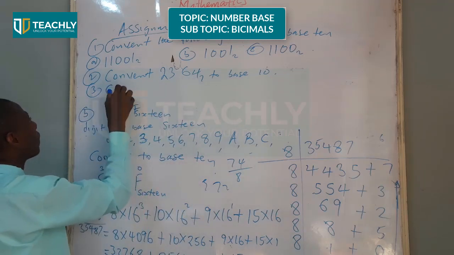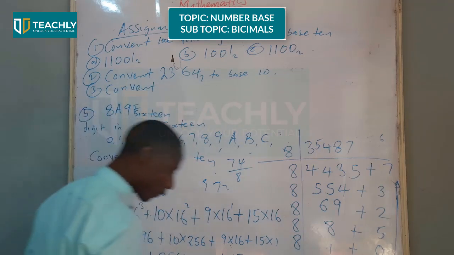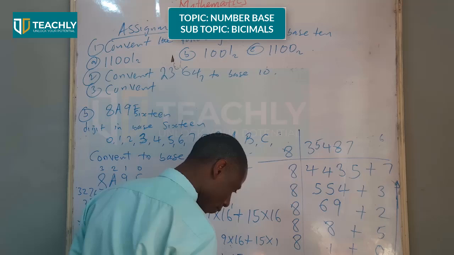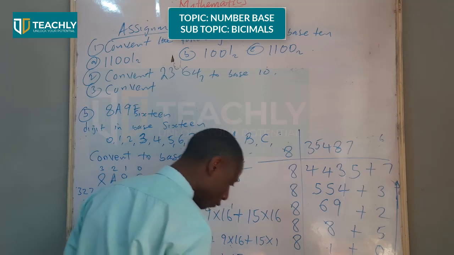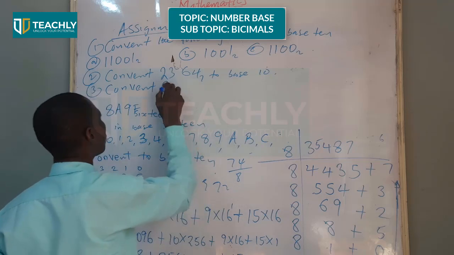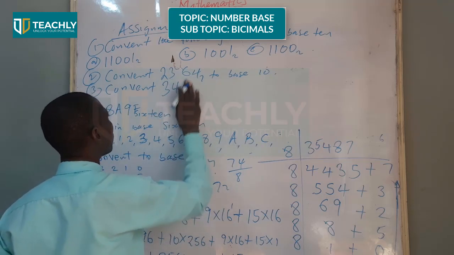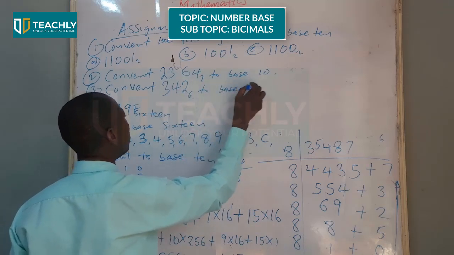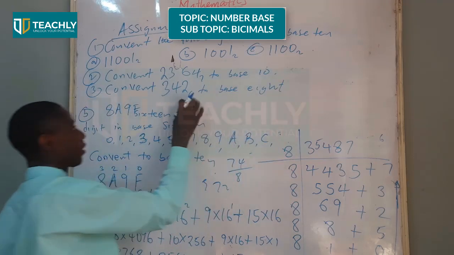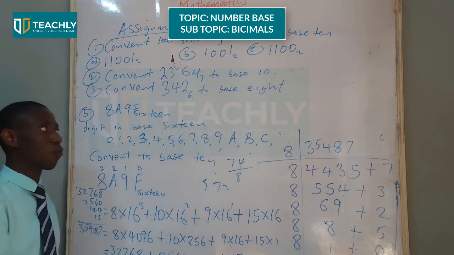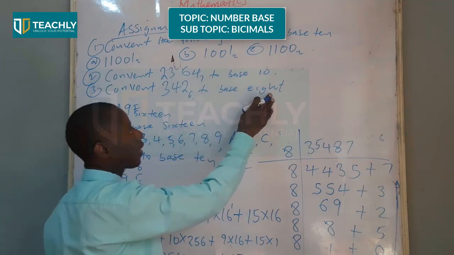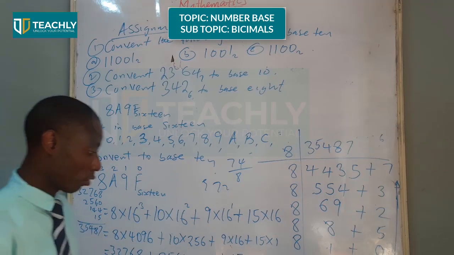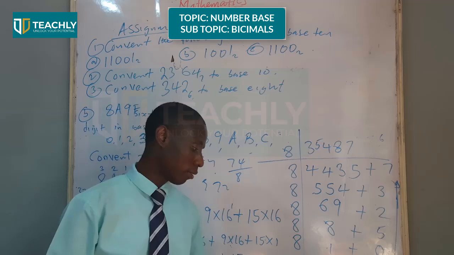Convert 342 base 6 to base 8. So this one, particularly, has to do with our last example, how to convert from one base to another. So we are expected to first convert to base 10 and from there. And this is where we are going to end our lesson this